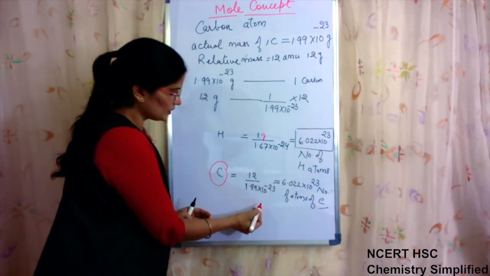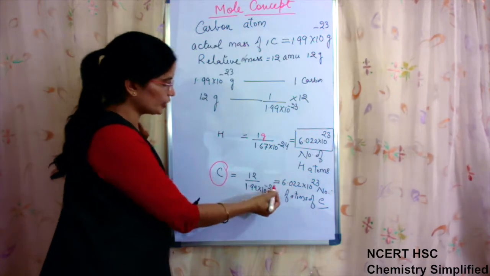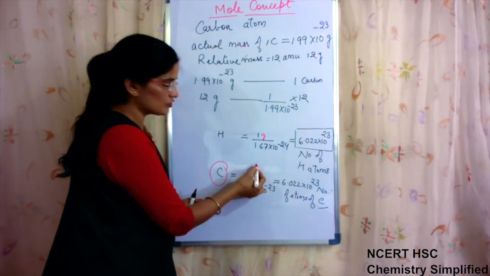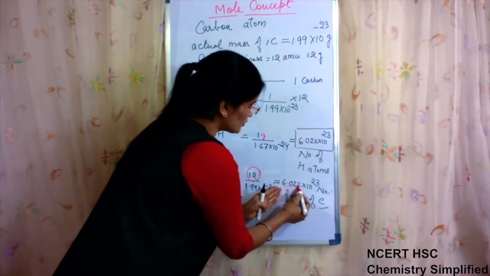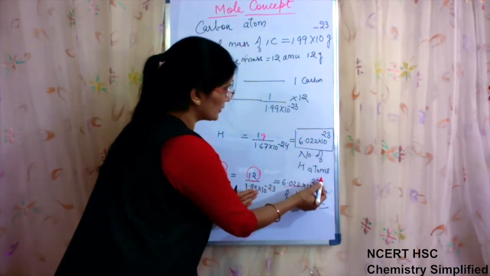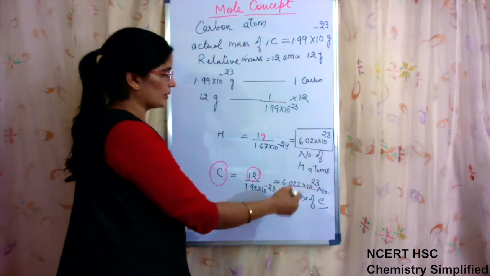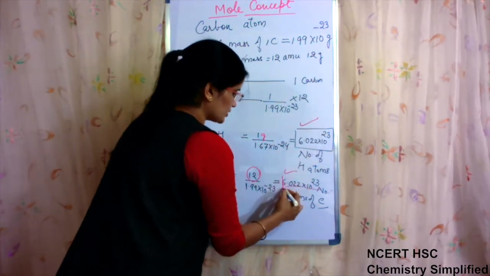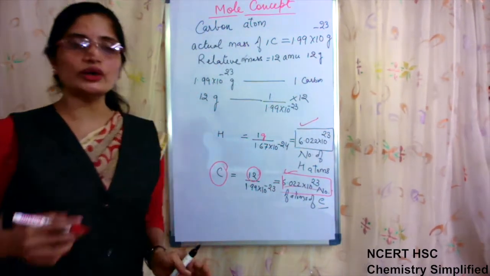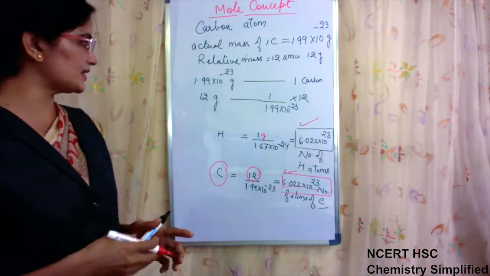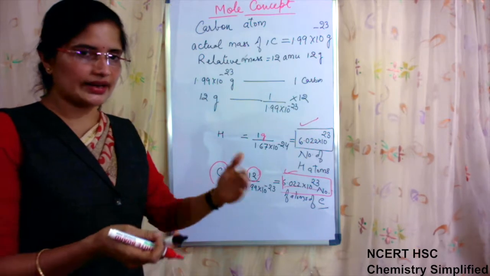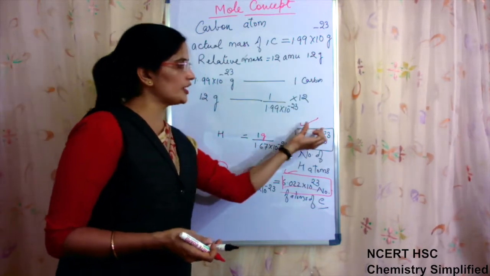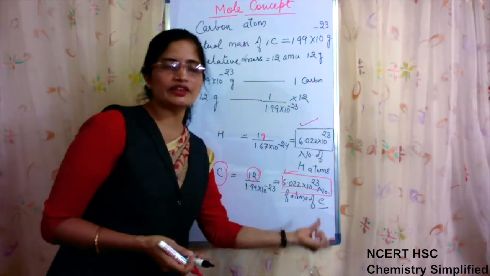So by solving this, again we got that actually this 12 grams which we write is not the mass of 1. Actually, it is the mass of 6.022 into 10 to the power 23 number of atoms of carbon. Both these values are coming same. If we go on finding for all elements like this, that what relative atomic mass we write, divided by the actual mass, we are going to get the same value every time.